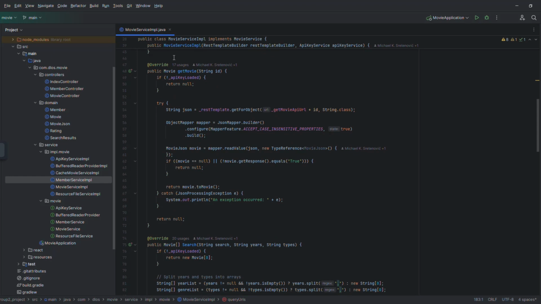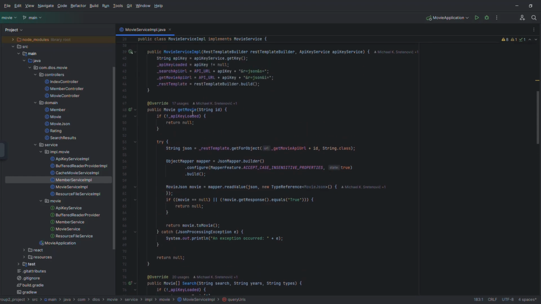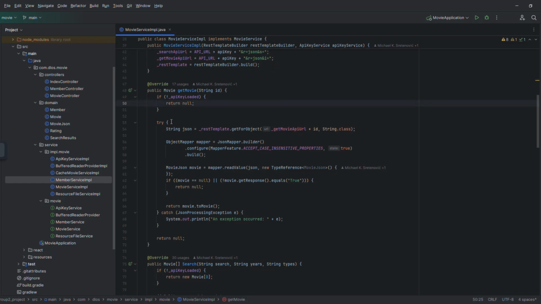If we want to make a call to get a movie, you can see at the top that after we get the key, we set up a template for the search and the movie URL. So when we get down here for just getting a movie, we just need to pin the ID onto the end of it,